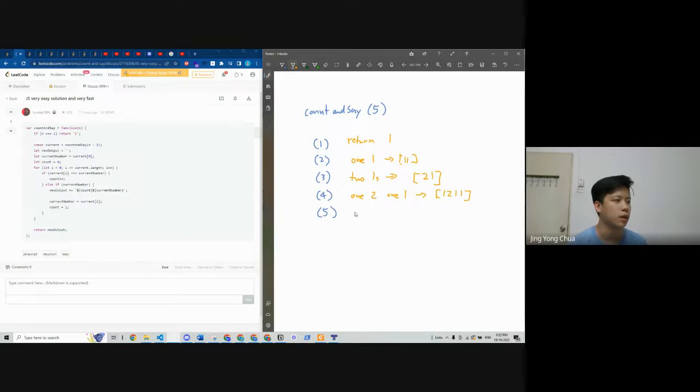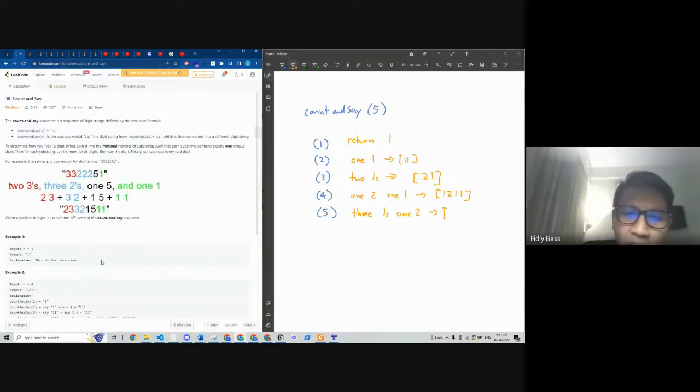And the last one will be 3 1s. What's the order? 3 1s and 1 2. Sorry, 1 1 and 1 2. 1 1 1 2 and then 2 1s.